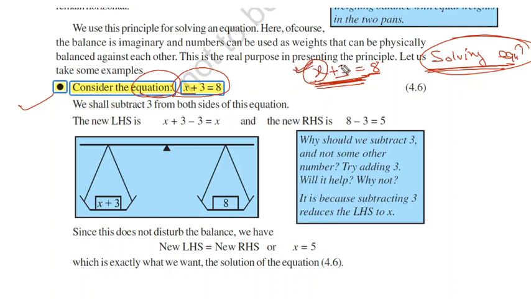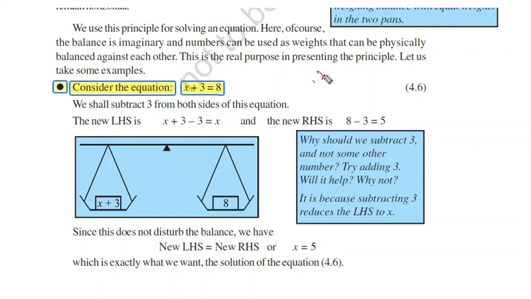We don't know this x. We know the value of 3. We know 8. But who don't we know? We don't know x. So we have to find the value of x. Is there any problem in finding the value of x? Yes, this 3 is creating a great problem for us. If this 3 would not have been here, then we should have only x equal to something. So the first thing will be to extract this 3 out. Let's see what we can do.